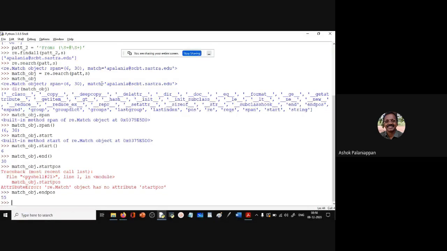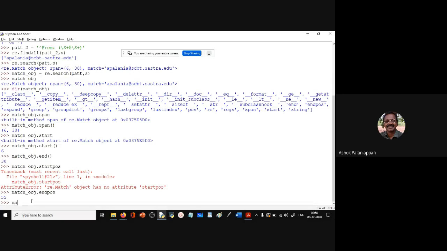Okay. That is the total length of the string. All right, so that is fine. If you want to get the span of the match, we use the dot span method, and it gives a tuple of start position, comma, end position. If you want the start position alone, you can say start of, end of, which gives you the end position. But we can get the start position from the span method itself.